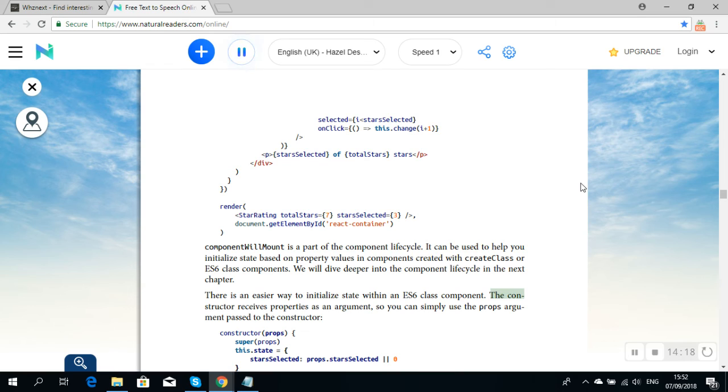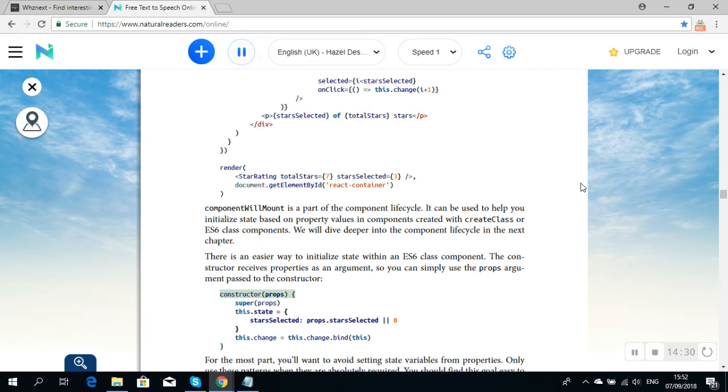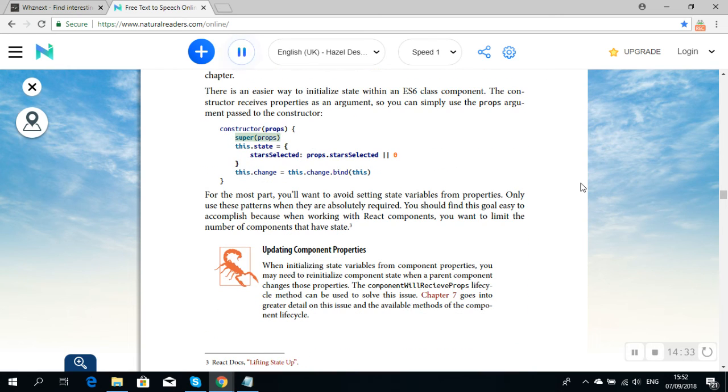The constructor receives properties as an argument, so you can simply use the props argument passed to the constructor. constructor(props) { super(props); this.state = { starsSelected: props.starsSelected || 0 }; this.change = this.change.bind(this); }